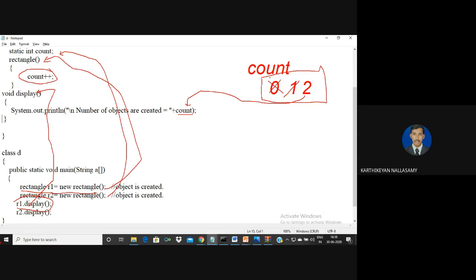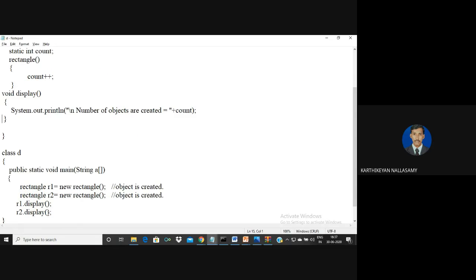In the same way, the next time I'm calling R2.display, and here also I want to know the value of the common variable. The value of count is 2, so it will display 2. Even with the help of accessing any object at any time, it always refers to the common memory location once you declare a variable as static.